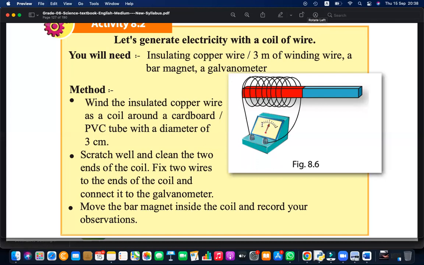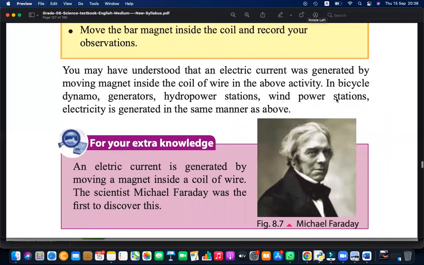So this is a galvanometer, a center zero galvanometer. It shows the direction of current. When you move this forward, it shows one side. When you move backward, it shows another side. So that actually depends on the coil side as well as the magnet side. Okay, so let's try to